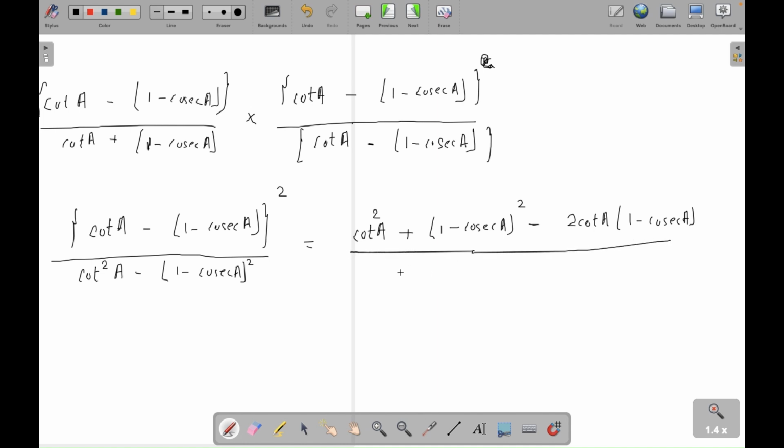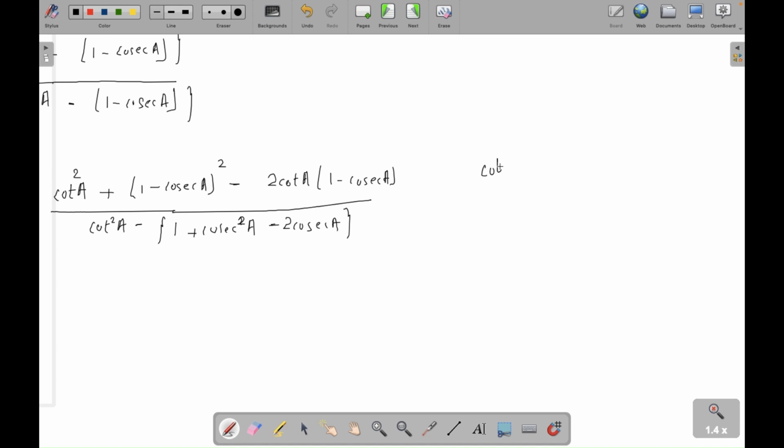Denominator will have cot square A minus, so this will become 1 plus cosec square A minus 2 cosec A. So this is A square and B square is 1 minus cosec A whole square. So we have to further simplify this or expand this. So if I expand this, I'll get 1 plus cosec square A minus 2 cosec A. Then we have,